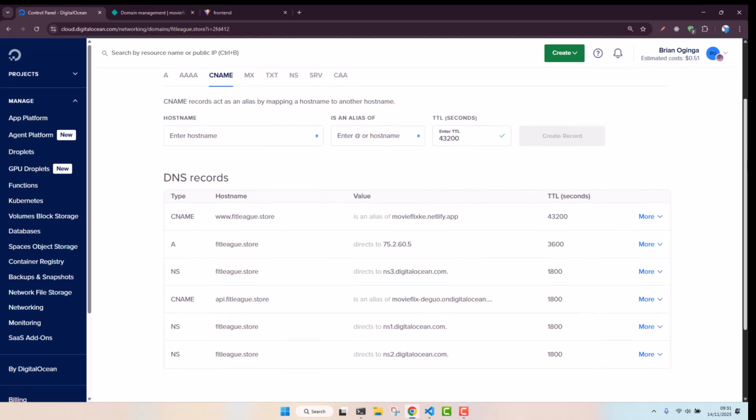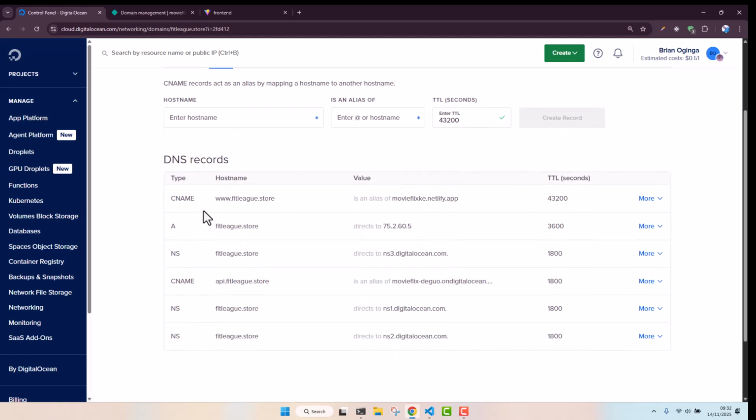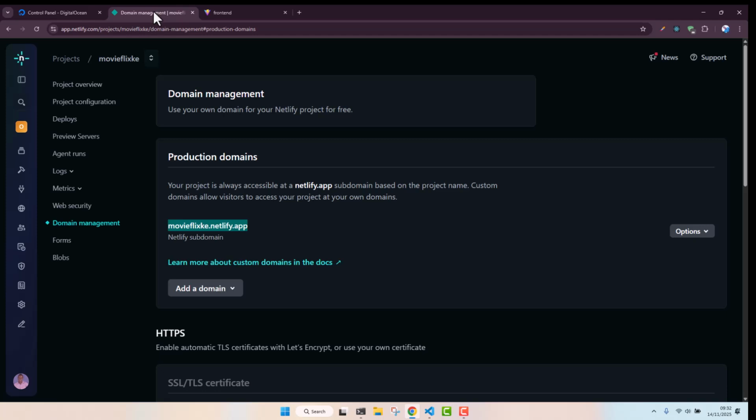So we have a CNAME that's going to be an alias of movieflix.ke, that is going to be our Netlify domain name, and another alias of the DigitalOcean App Platform. In this case, we are using api.fitlik.store. So once this is done, now the next thing that we need to do is to actually add a custom domain name to our